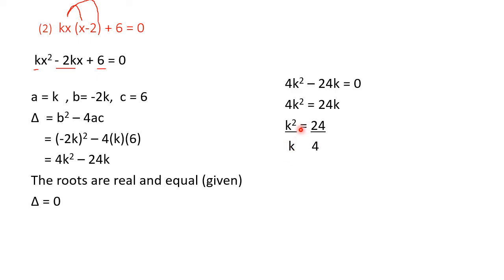So k square means 2 k's are there and in the denominator only 1 k is there. If you don't understand, this k square means k into k, and in the denominator we have only k, and this is 24 upon 4. Okay, so this k and this k will get cancelled and you will get only k. 4 ones are 4, 4 6s are 24. So this will be k is equal